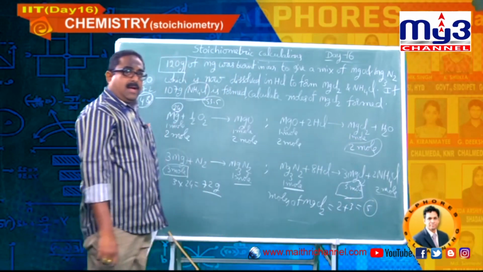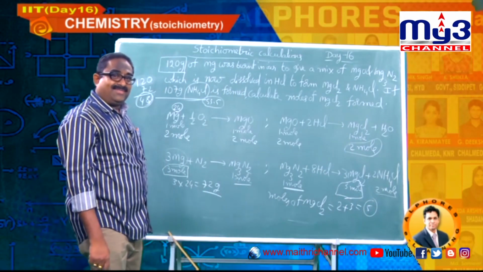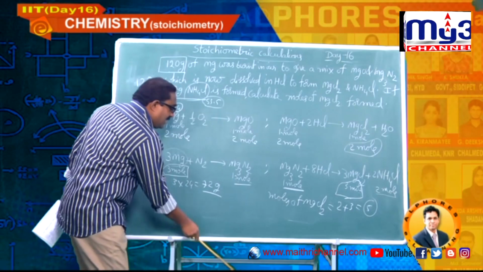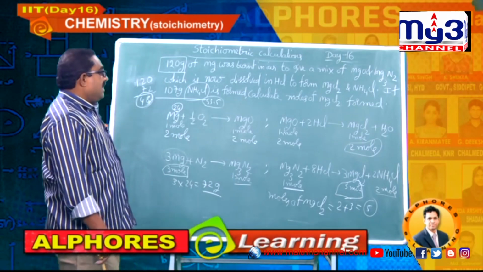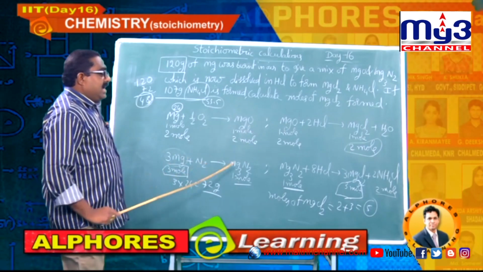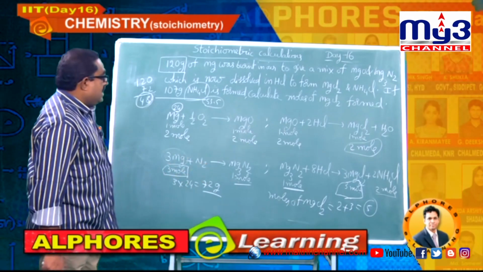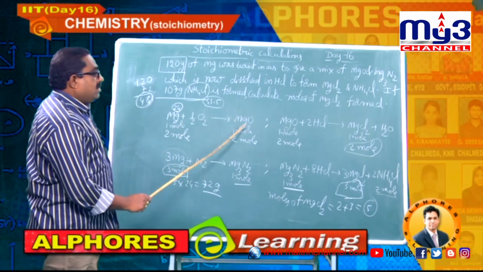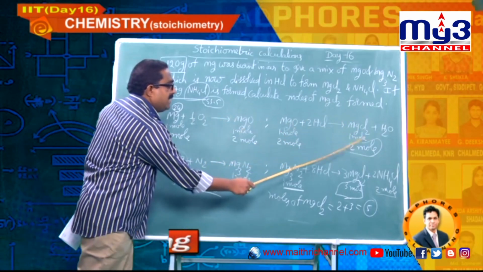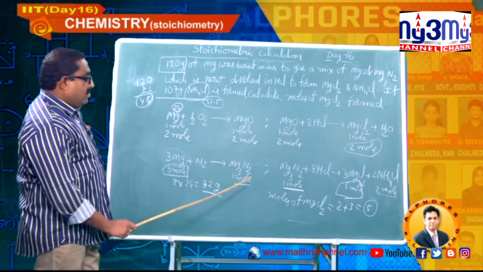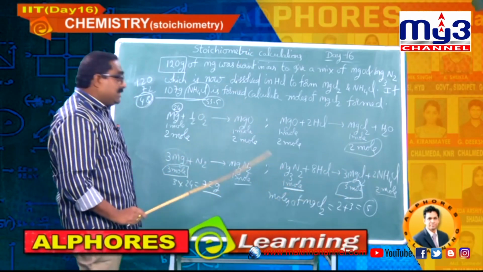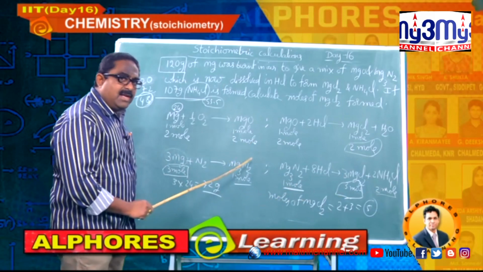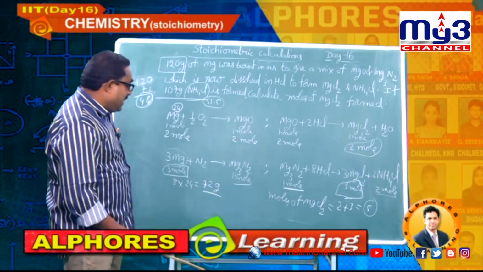An integer type question, students. Now let me explain in detail once again. These are the sequential reactions given to us. Just now I have written the moles based on the balanced chemical equations given to us. Observe it, students. Very important question and very simple also. It seems to be a big question, but very simple if you think logically, right?